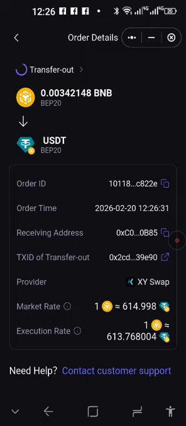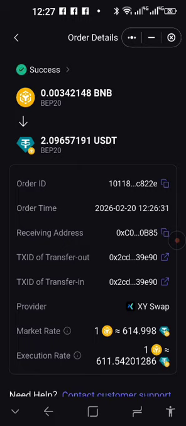The other video shows USDT to BNB, but this one is doing BNB to USDT. I'm just going to wait for a couple of seconds. And there you have success.